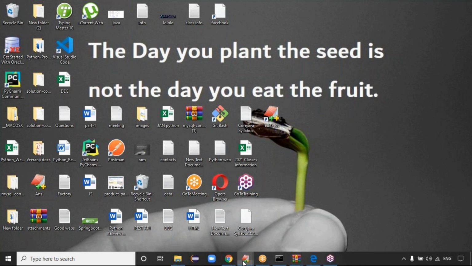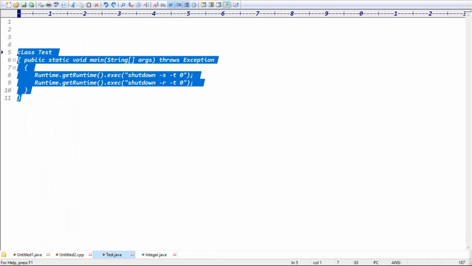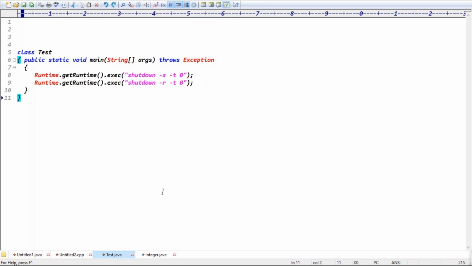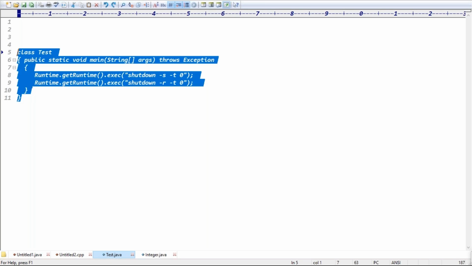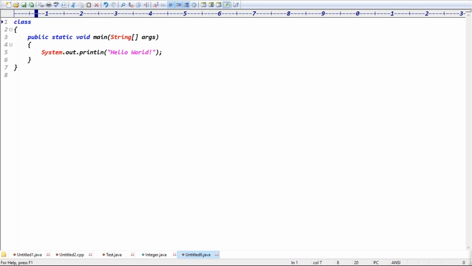Java practical part, guys. Last class we just discussed the introduction part. If you go for the first application of Java, to write the first application, you have to follow some steps, guys.